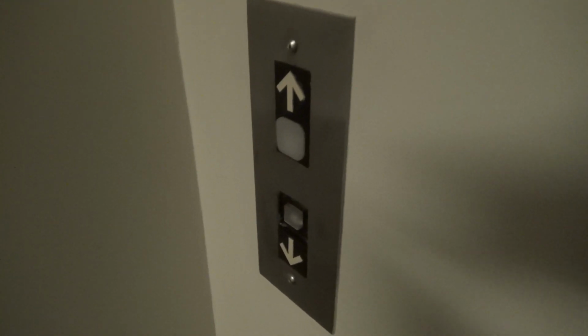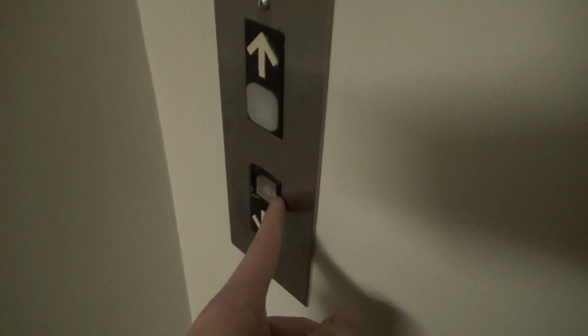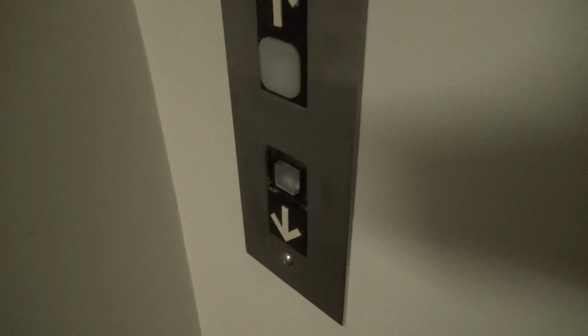So this is the elevator at Brown Hall, Washington University in St. Louis. It's a Dover Impulse. Something interesting is the button cap has fallen off this down button, so it's revealed the